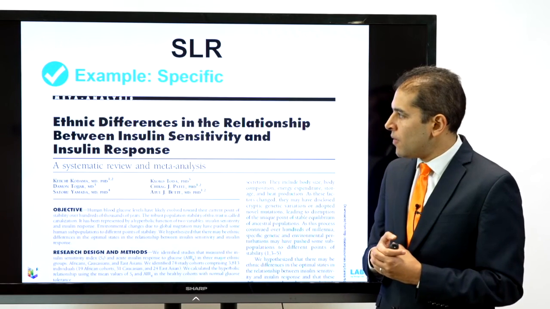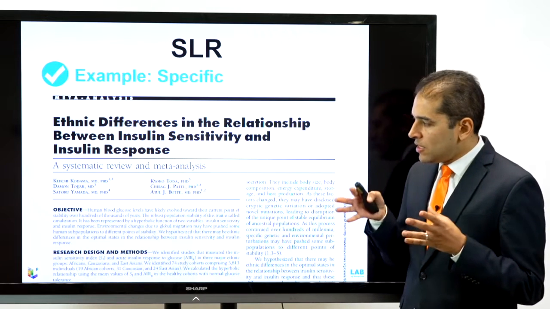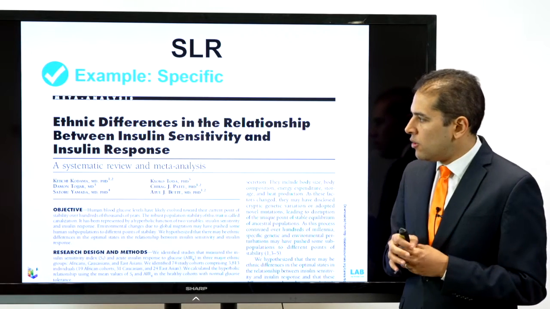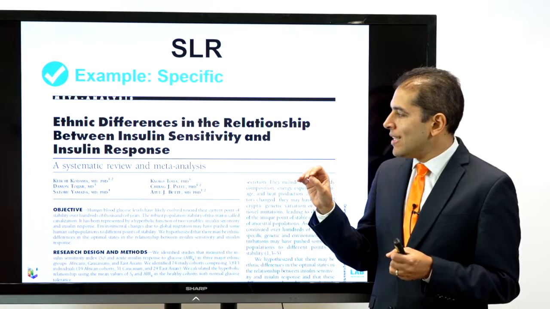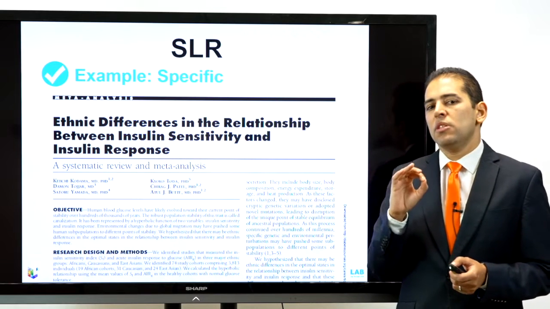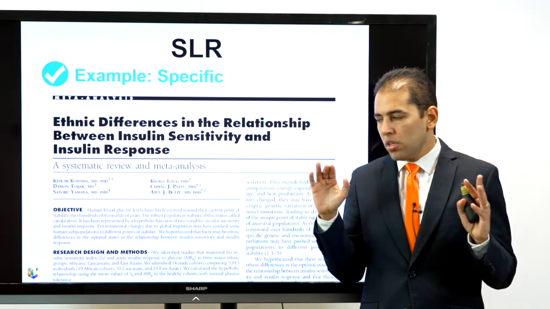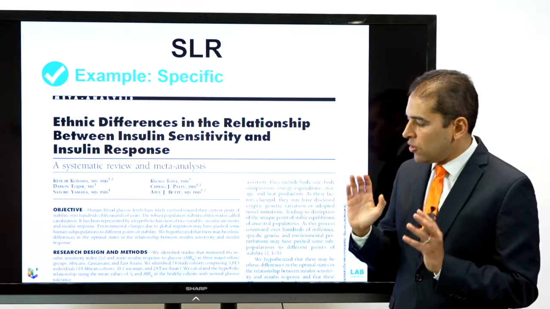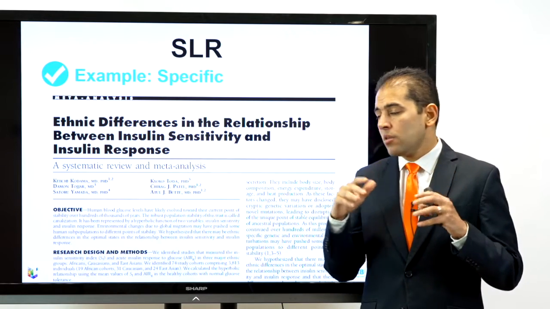write your article. This is an example of a systematic literature review, and as you can see, the title is very specific. We are talking here about ethnic differences in the relationship between insulin sensitivity and insulin response. So you can see from this systematic literature review that they are focusing on two variables only, and the whole study is focused on the work that has been done in relation to those parameters, and they are reporting on the